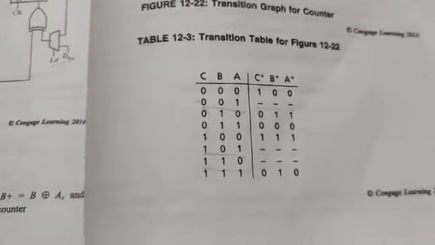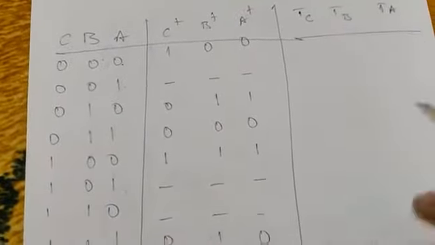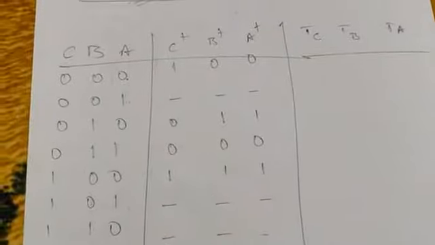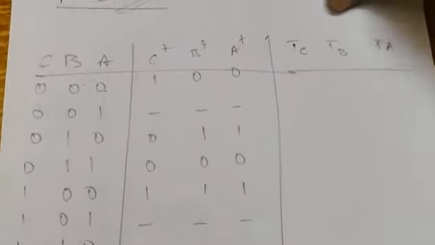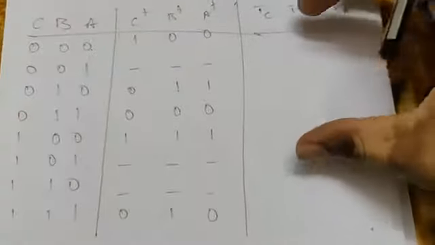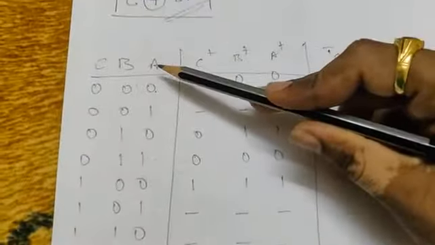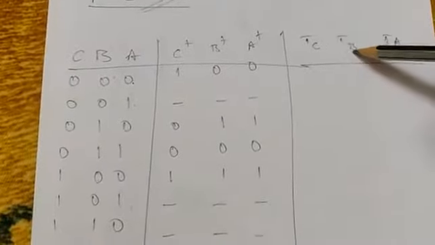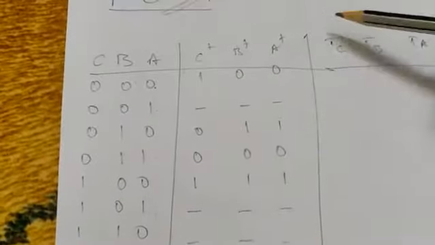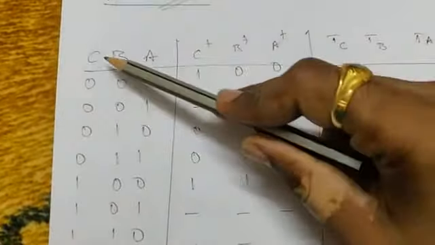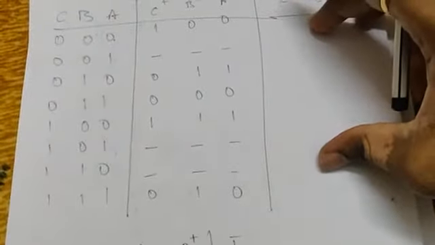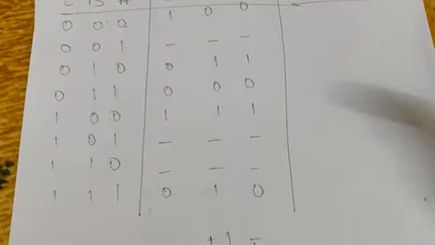Okay. So after doing this, we are supposed to write, the same thing I have written here, C plus, B plus, A plus. So we are supposed to write TC, TB, TA, because we are supposed to construct the circuit diagram by using T flip flop. So if you want to fill the TA column, you need to compare A with A plus. If you want to fill the TB column, you need to compare B with B plus. If you want to fill the TC column, you need to compare C with C plus. So okay, if you want to fill this TA, TB, TC, we need to know how the T flip flop is going to work here.